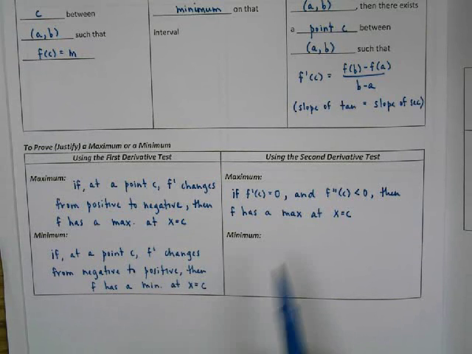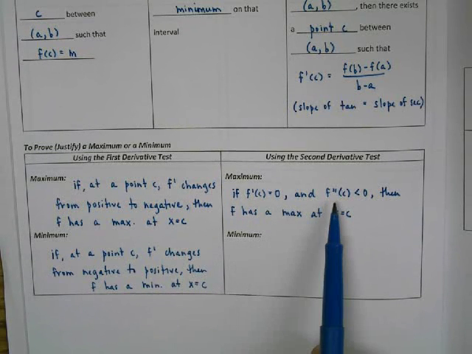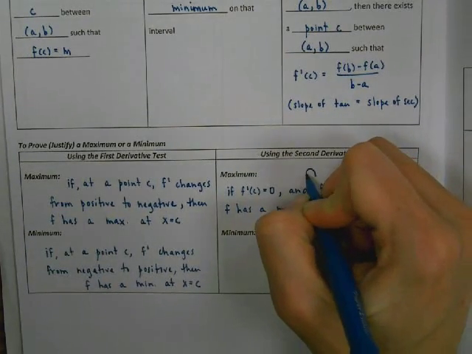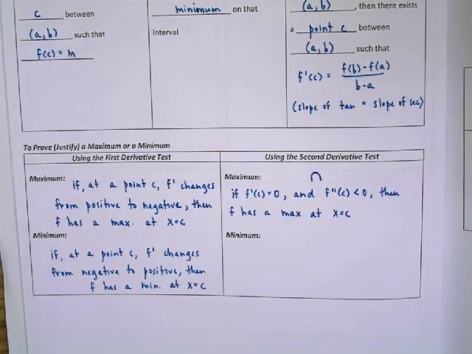Right? Because really what's happening there is that we have some horizontal tangent. If f double prime of c is less than 0, then it's concave down,